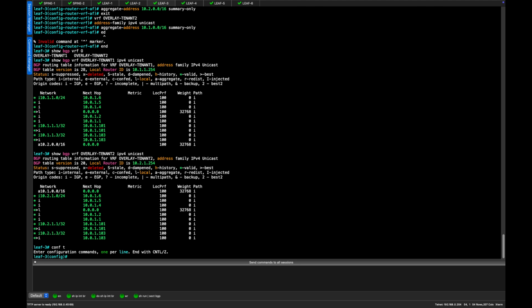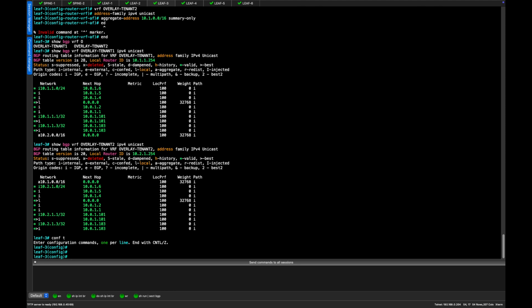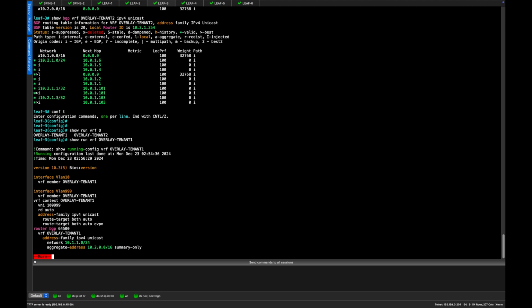If I do a show run VRF overlay tenant 1, the way that this RD auto works is, well, in fact it's the route targets that we're going to use anyway, and the way that the route target works is it takes the ASN colon and then the VNI. So for all intents and purposes, the route target for this VRF is 64500:100999,